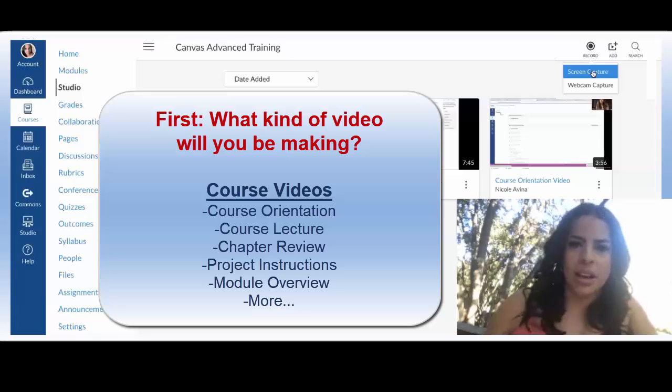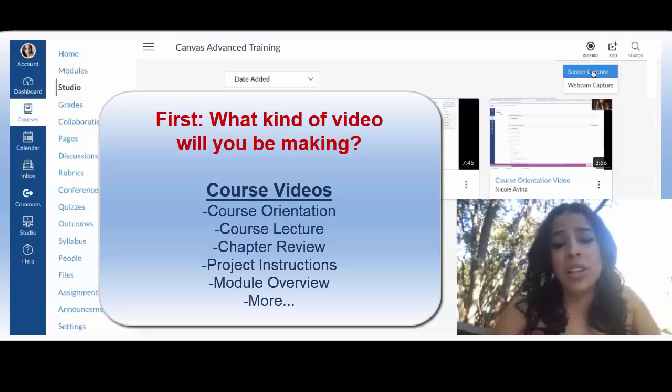So like I said, Canvas Studio really does allow you to do a lot of things, whether it's recording your own videos or just dropping in videos that you've recorded elsewhere. It will organize and house all those videos in Canvas for students, and then you can do stuff with them